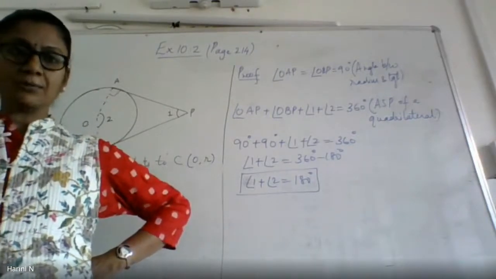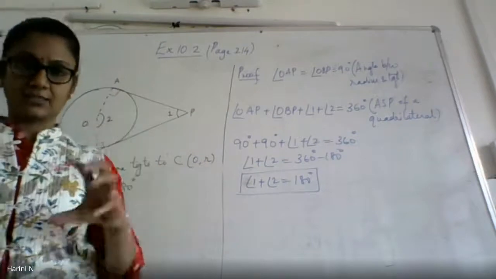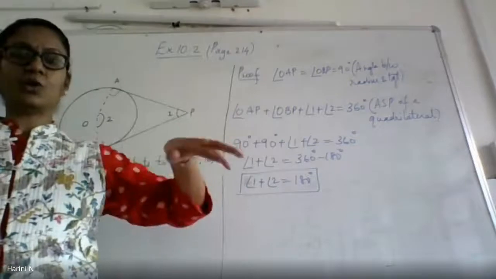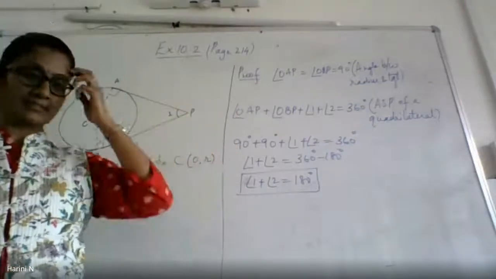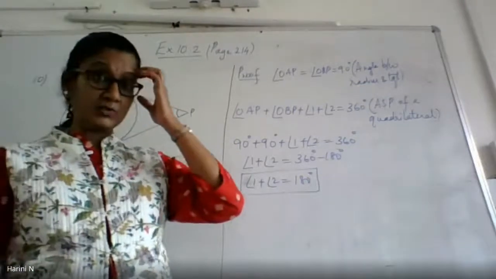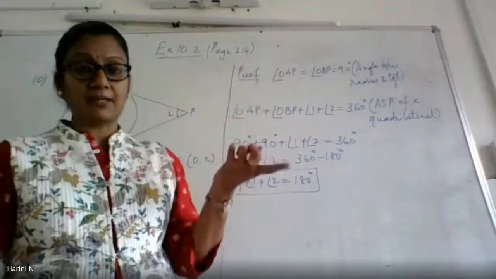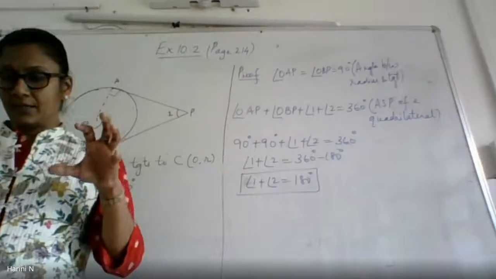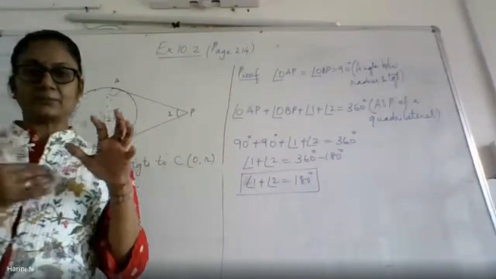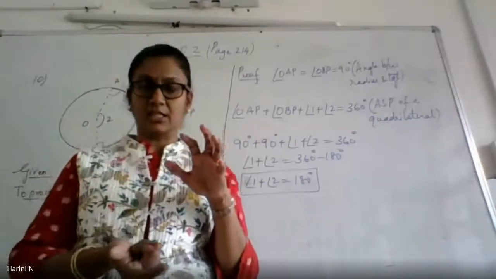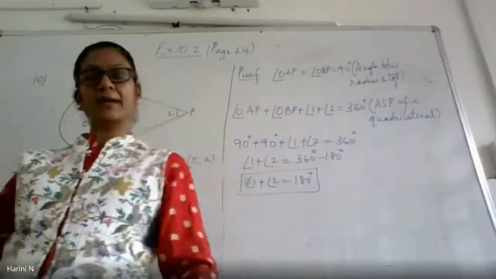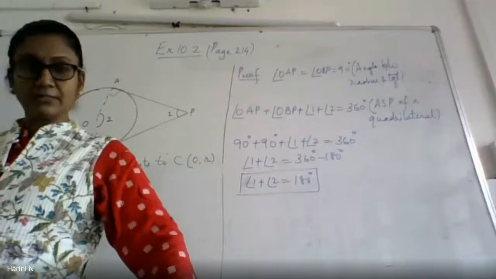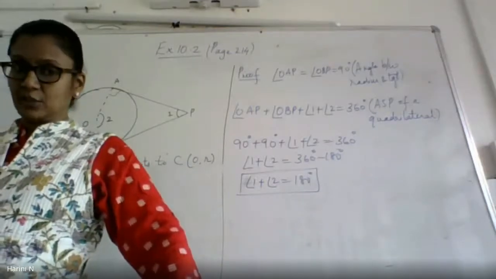So you are starting with a parallelogram which is circumscribing a circle. So there is a circle inside, and all four edges of the parallelogram will touch the circumference of the circle. That is why the parallelogram is circumscribing a circle. So initially we started with a parallelogram, but when you see that it is circumscribing a circle, automatically the parallelogram will become a rhombus. That's what you have to show. Prove that a parallelogram circumscribing a circle is a rhombus.